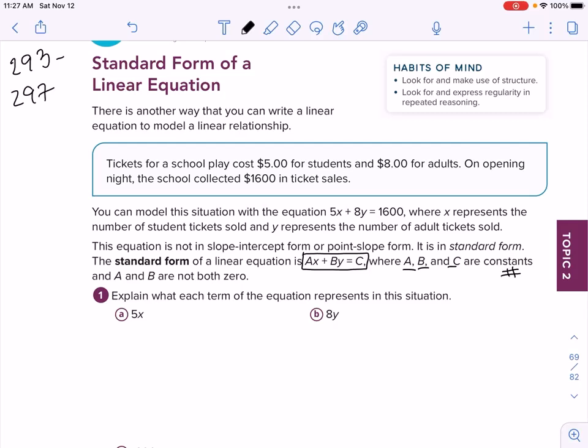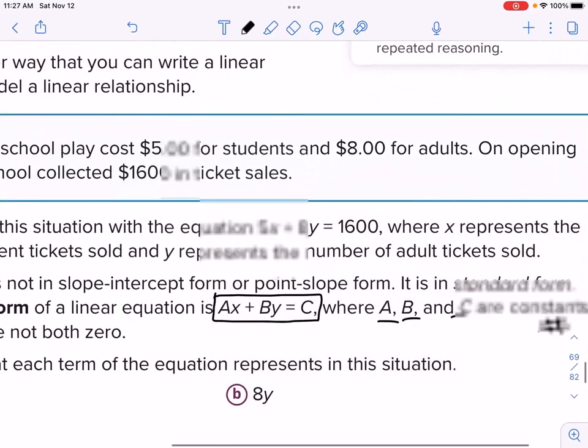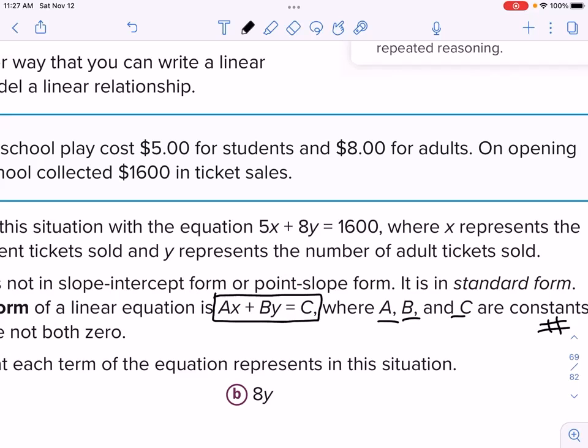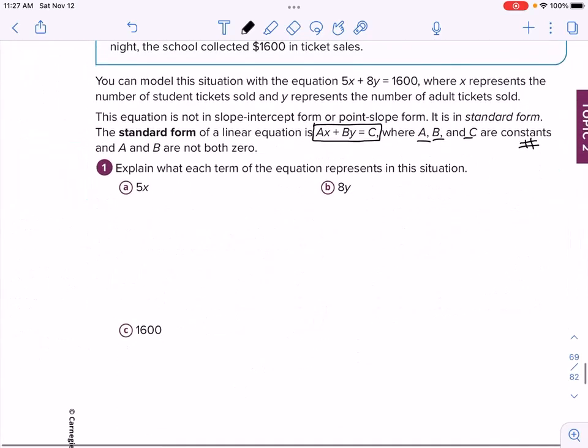It says tickets for a school play cost $5 for students, $8 for adults. On opening night, the school collected $1,600 in ticket sales. So we have this equation that models the situation, right? 5x plus 8y equal to 1,600. So what does each part represent? So we'll write that here. So number one, 5x. 5x represents the cost of student tickets